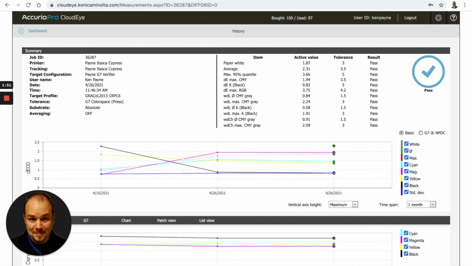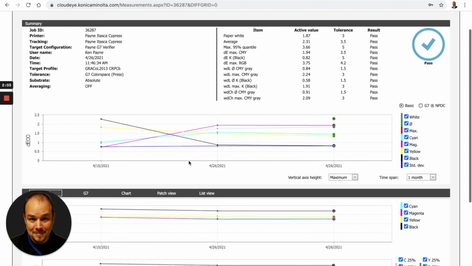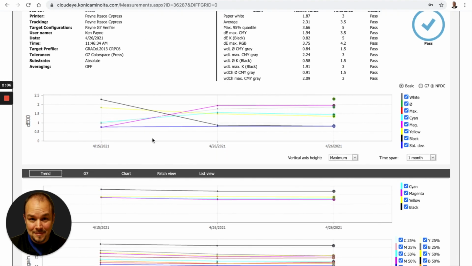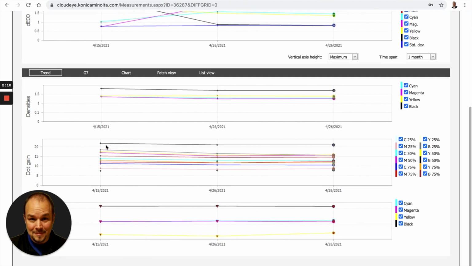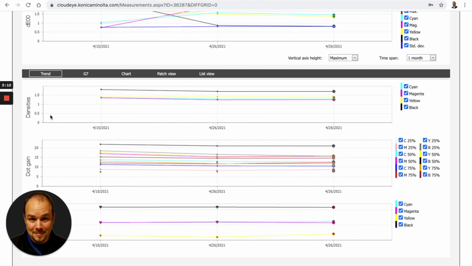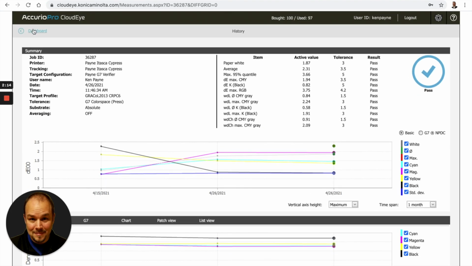So going back over to our application, again, I'm in the history tab here, showing us that our last verification passed the G7 color space standard. And coming down here, it shows us a graph of our deltas over time. It shows us our densities, our dot gains. If I go back to our dashboard,